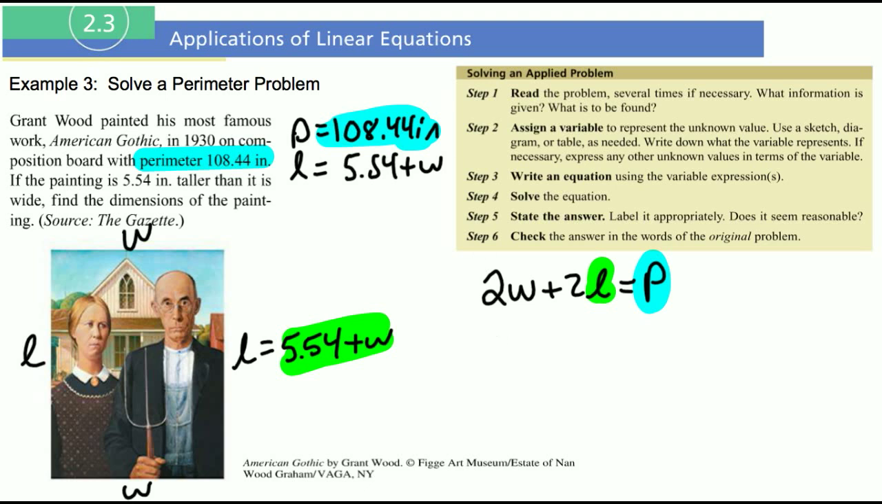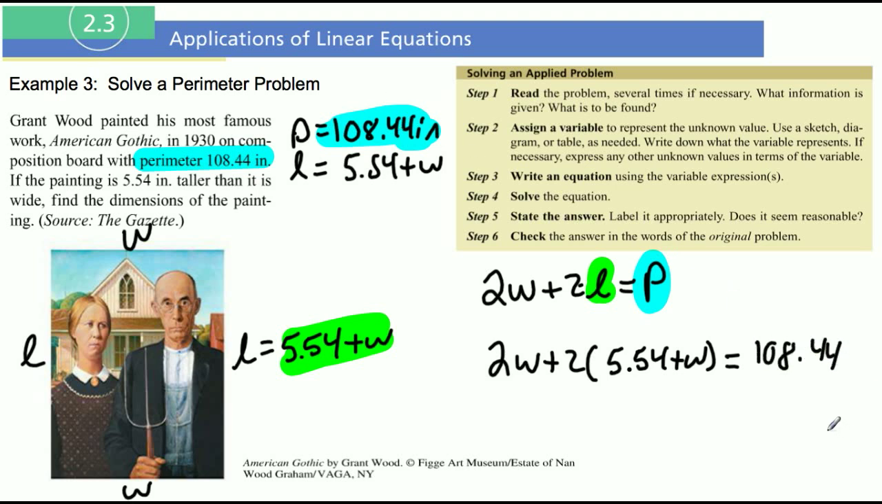So I'm going to do 2W plus 2, but instead of writing L, I'm going to write the expression 5.54 plus W times (5.54 plus W). I want you to notice that I put that in parentheses because 2L means multiply. And because I'm multiplying a sum, I have to keep it in a group, and so that's why I do 5.54 plus W, and that's going to equal P,